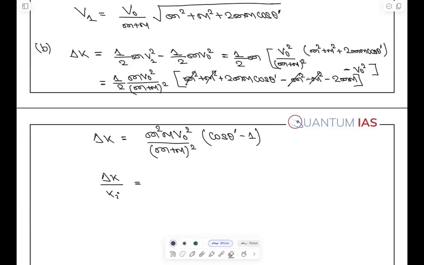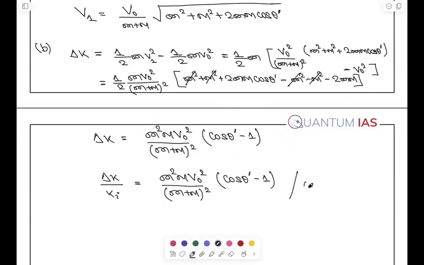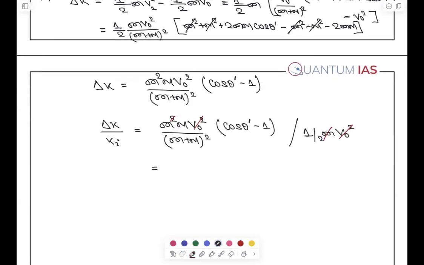सो इफ यू डिवाइड इट बाय इनिशियल काइनेटिक एनर्जी, क्या आएगा? If you divide it by initial kinetic energy, what is initial kinetic energy? Half m v0 square. So क्या चला जाएगा? v0 से v0 खत्म, एक m से एक m भी खत्म। It is coming out to be 2mm upon (m plus m) का होल स्क्वायर, cos θ' - 1। हाँ ये आना भी चाहिए था ऐसा, आना भी चाहिए था ऐसा।